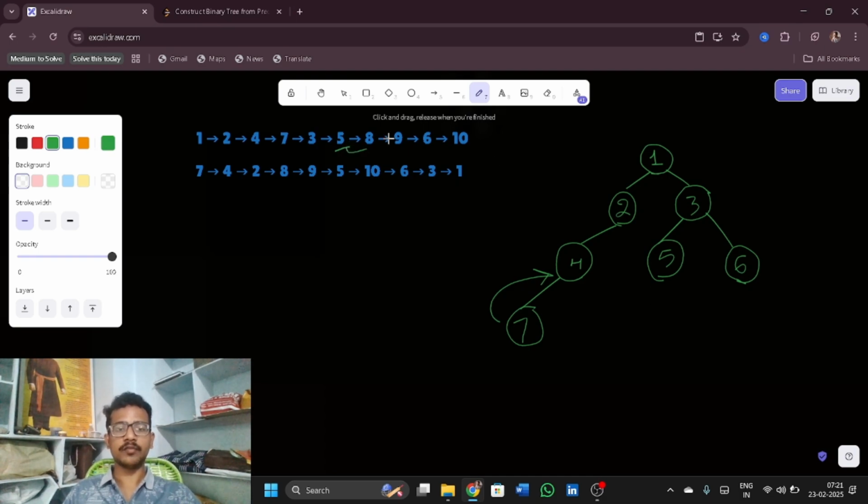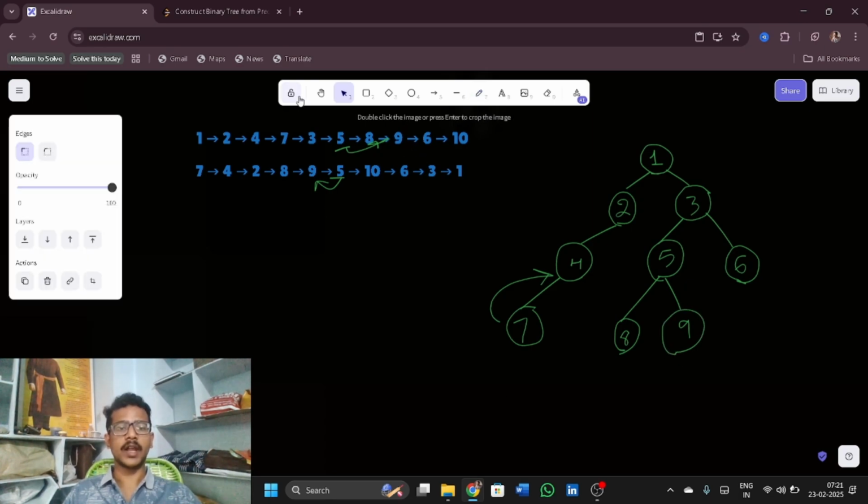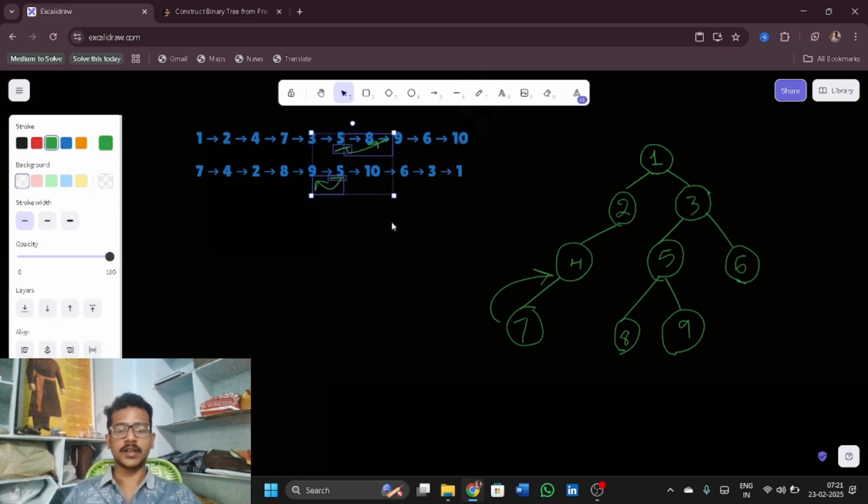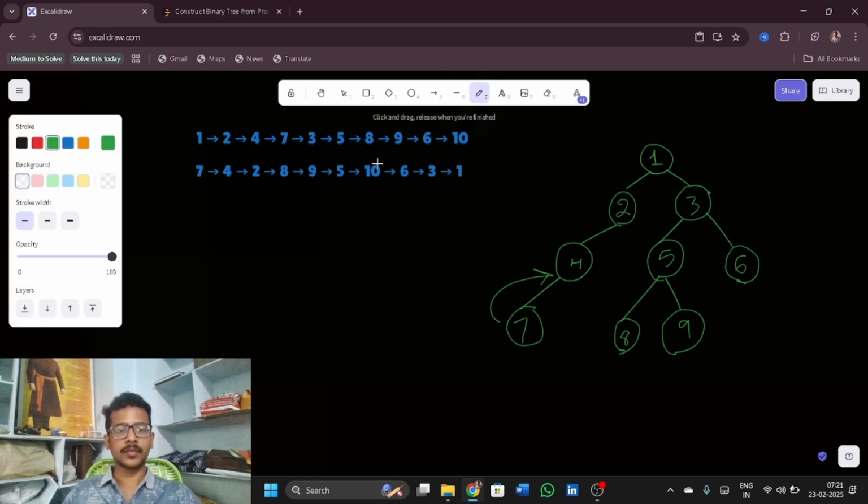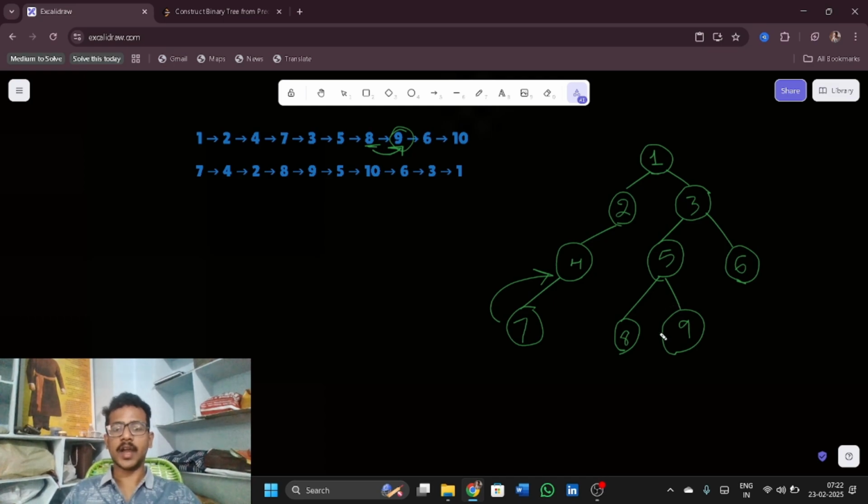The node which is left to 5 is 8. The node which is right to 5 is 9. So I construct a node right to 5. Now I go to the next node which is 8. Here the node which is left to 8 is 9. Okay, I'm creating this left node, but to create that I already have a node which is 9 here,